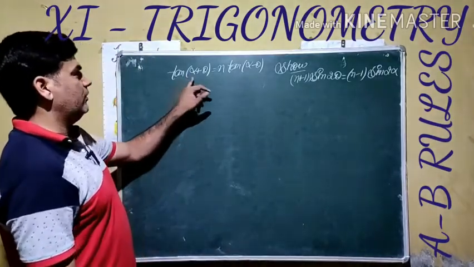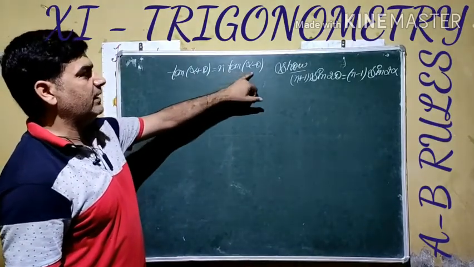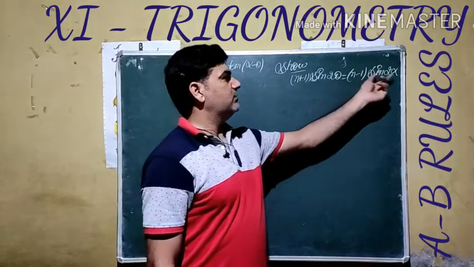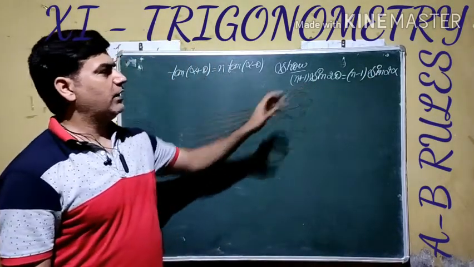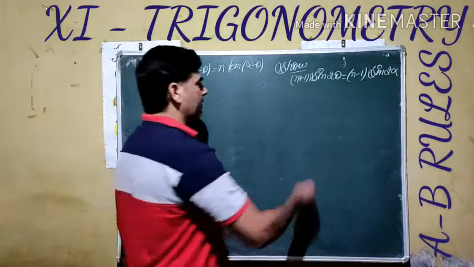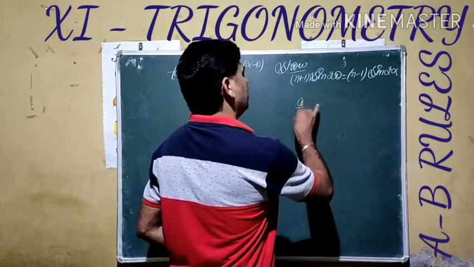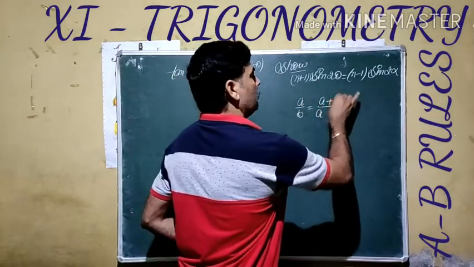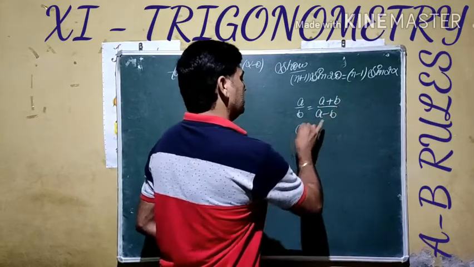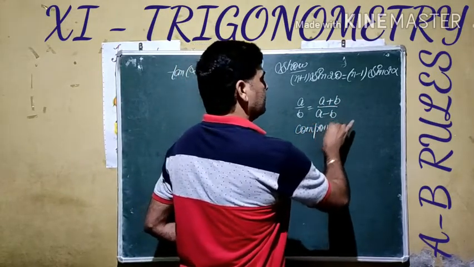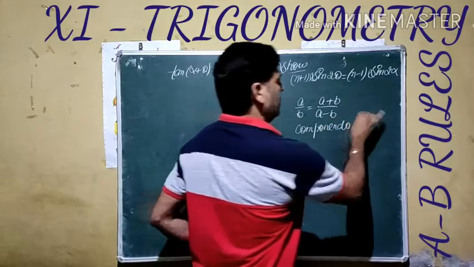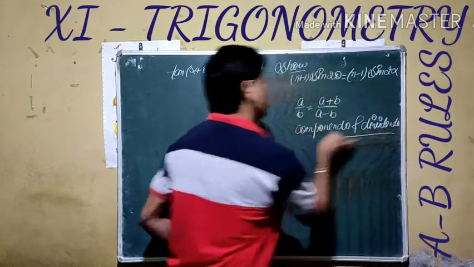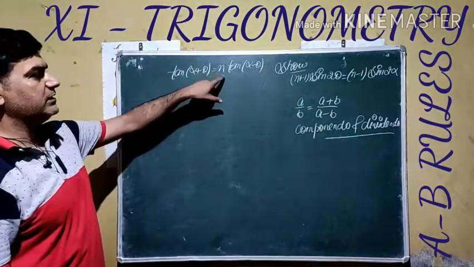Our next question is tan(alpha plus theta) is equal to n times tan(alpha minus theta), and we have to prove (n plus 1) sin 2 theta is equal to (n minus 1) sin 2 alpha. Before doing this, we are going to discuss one new result. Suppose the statement is given by A by B. We can write it like this: numerator remains the same in both, bottom value added, bottom value subtracted. This rule is known as componendo, means combine them, and dividendo, means in division subtract them. So we are going to use this rule to prove this result here.